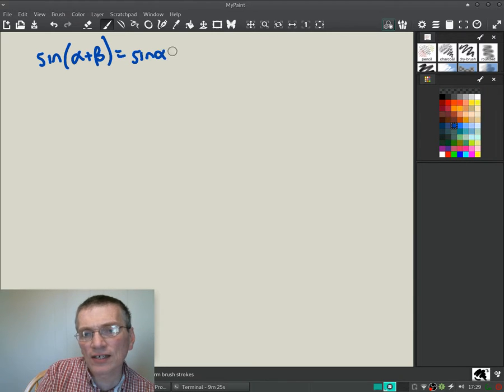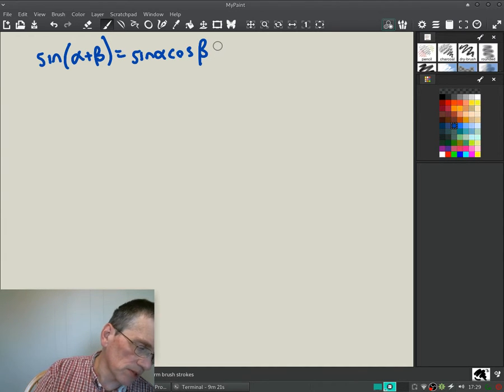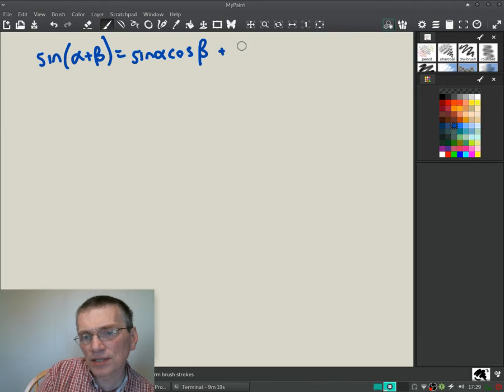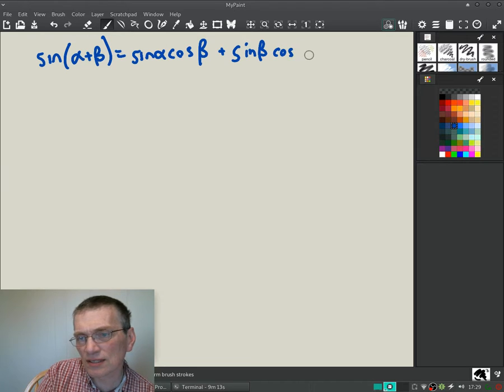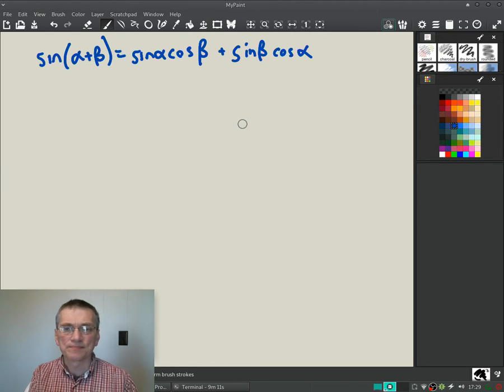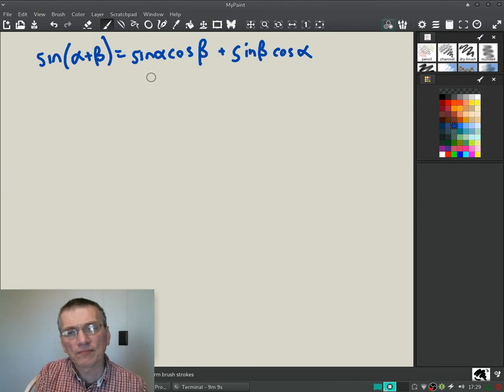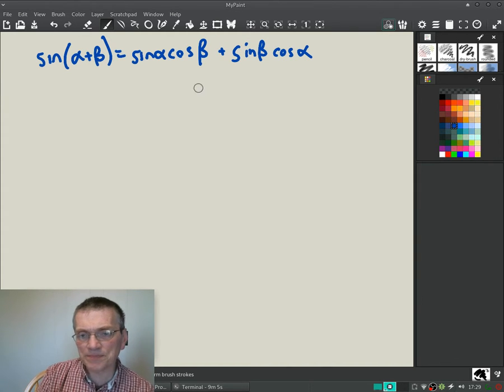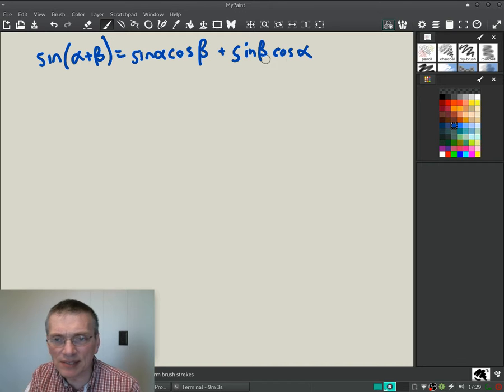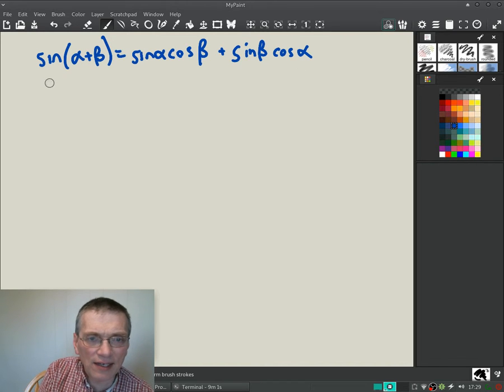Sine of alpha cosine of beta. I think it's plus, right? Plus, careful not to make these the same. Sine of beta cosine alpha. Alright? Angles should be switched. You can write those. So there it is, the sum angle formula for sine, and for cosine